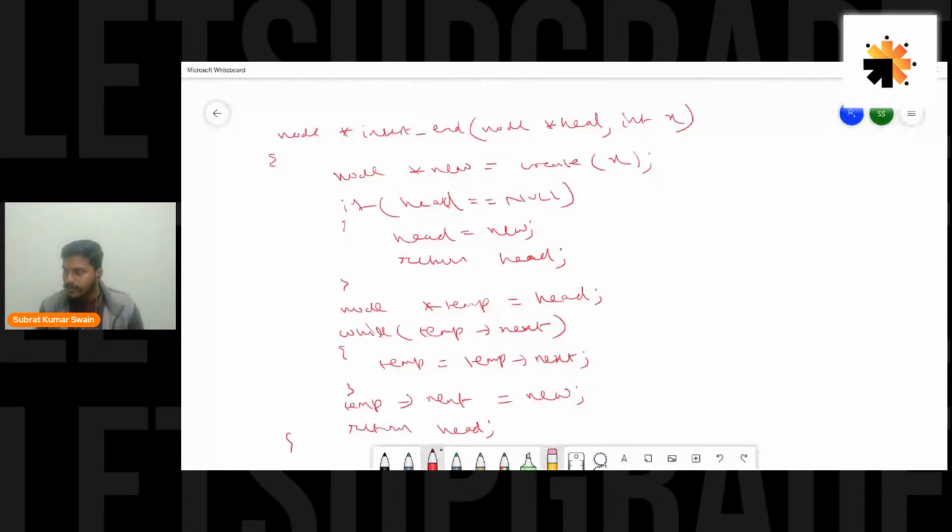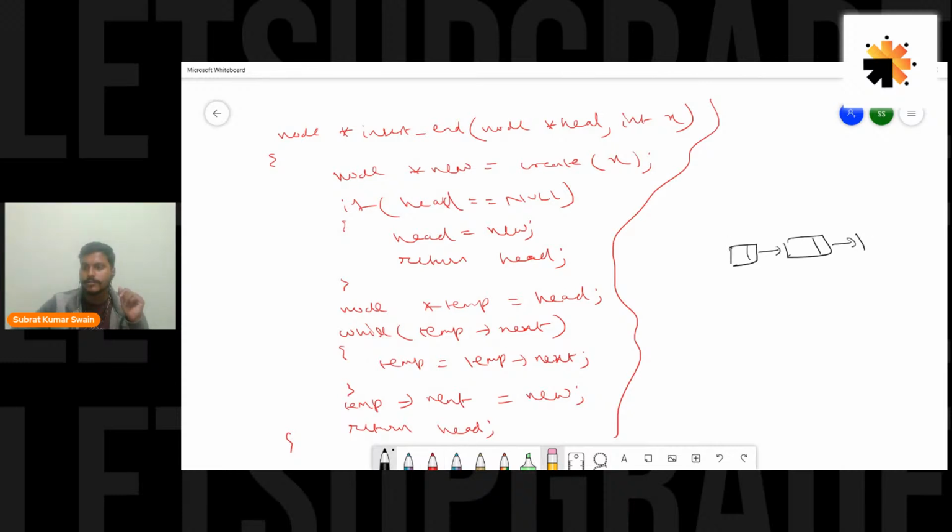Got it? So this is how your insert at end looks like, guys. So this is insert at end. Similarly, if you talk about insert at beginning, there is a certain point. Let me quickly finish that thing. So if you talk about insert at the beginning, I have certain nodes here. This is my head node, and I want to insert a new node at the beginning. So this is my new node, let's say, and this is new. I'll put some data 5,